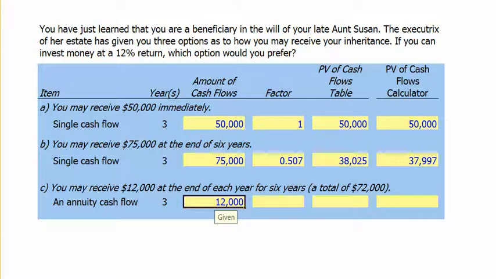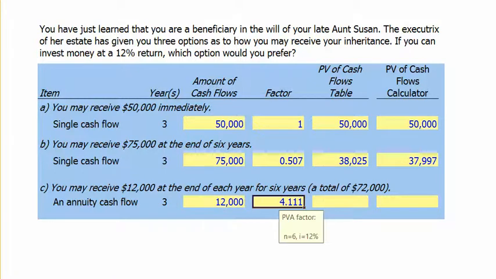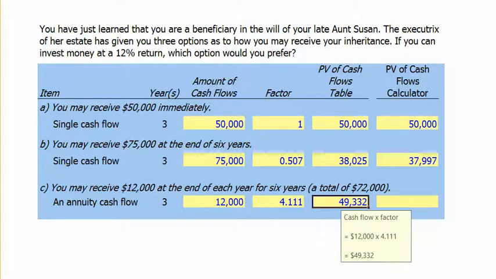Option C, we can receive $12,000 at the end of each year for the next 6 years for a total of $72,000. The $12,000 at the end of each year is an annuity cash flow, so we'll look up the present value annuity factor at 6 years and 12% interest, and we get 4.111. To find the present value then, we multiply the $12,000 a year annual cash flow by the 4.111 present value annuity factor, and we get a total present value of